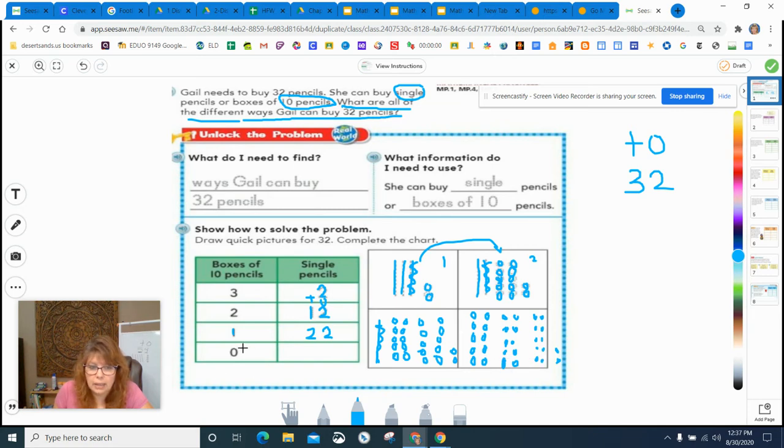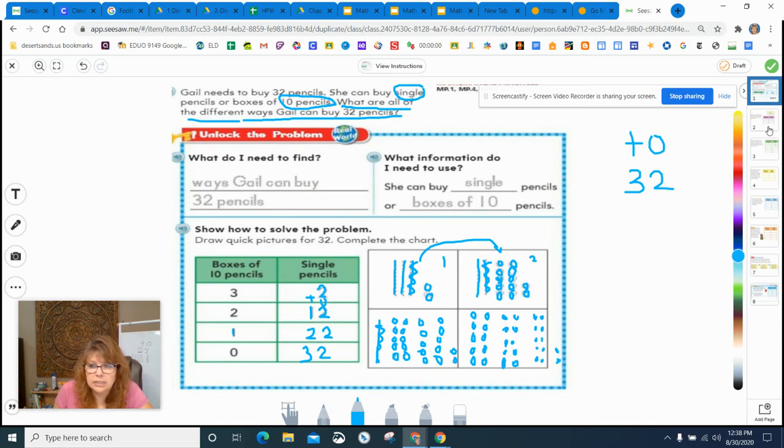So I have a 0. Do you see this? Because I added the 10 singles, I know that I'm going to have 32. This is a 10, so that's 10, 20, 30, and then 2 more is 32. So if you see the pattern, it's easy to follow the pattern because when you're taking a 10 off, of course, it's going to be 1 less 10. And when you're adding that 10 to the ones place, then you're going to see the increasing on the single